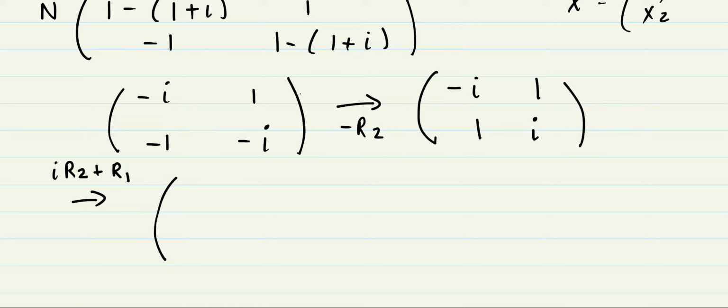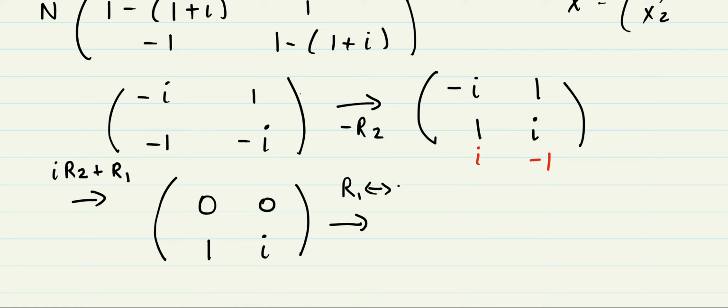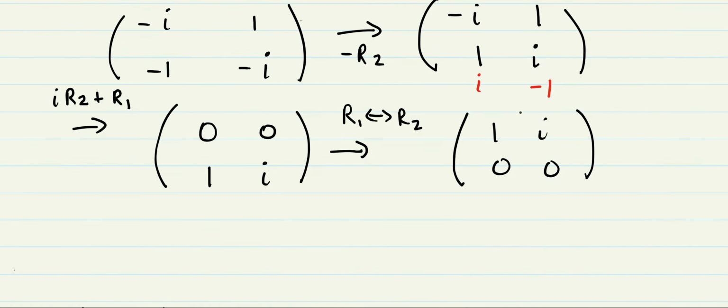Okay, and if I do that, I'm going to write it here. I get i, and i times i is a negative 1. So we're left with, if we add this, we get 0, 0, 1, and an i, just keeping this one here. Switch the rows. And you get 1, i, 0, 0. So now that we have our reduced row echelon form of the matrix,